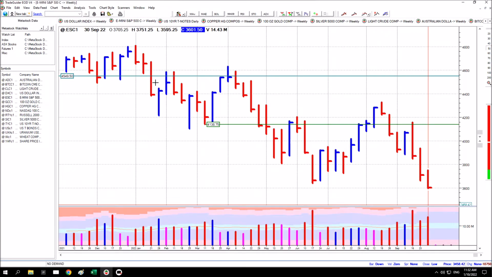Next chart's the E-mini S&P 500 index futures. Here's the previous lows. Spread narrowed this week on an increase in volume, and volume was well above average. So there was buying in this bar. Price continued lower, so the momentum in the market was still dragging prices lower. There was buying support coming into this bar. That's why spreads narrowed. You can see that volumes increased.